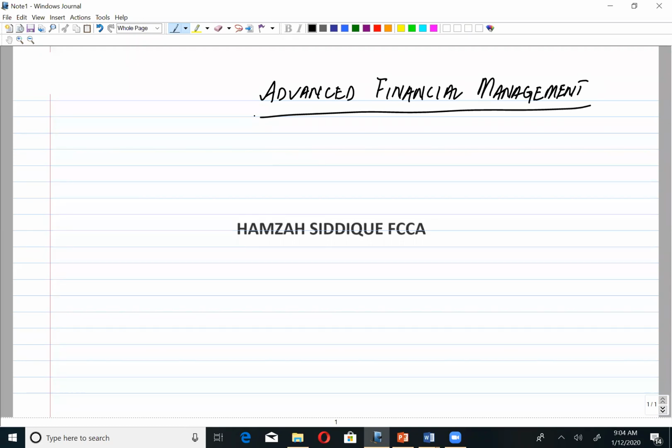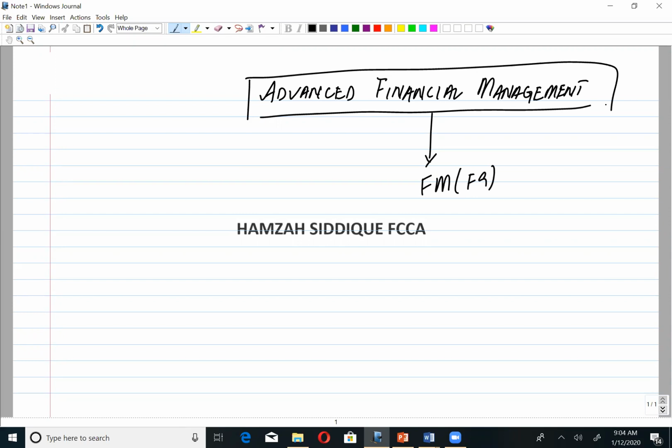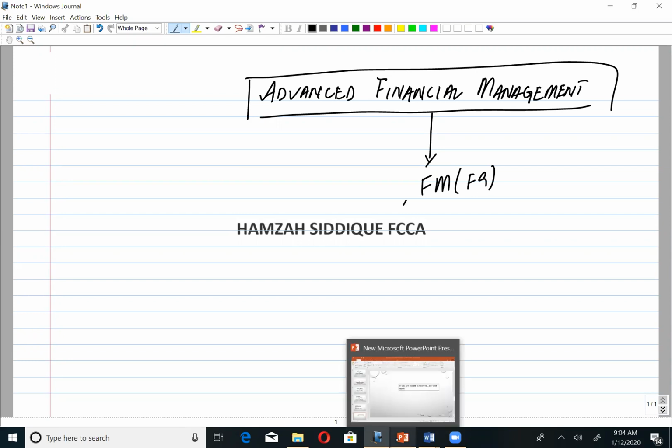Advanced financial management is the paper of ACCA, which has its base from the Financial Management F9 paper of level 2 of ACCA. Students, this paper, AFM, is much more challenging in aspect of,